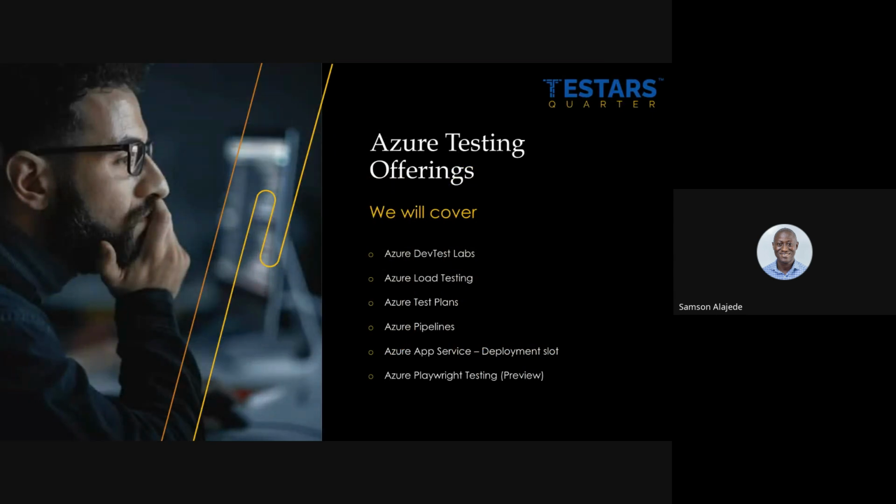So what are the offerings that are available in Azure? I've been talking about six of them. The Azure Dev Test, the Azure Load Testing, Azure Test Plans, Azure Pipelines, Azure App Service, where we will be focusing on the deployment slot. Then we have the Azure